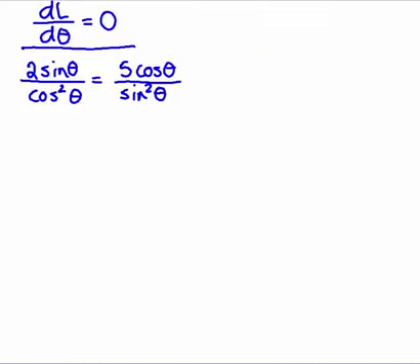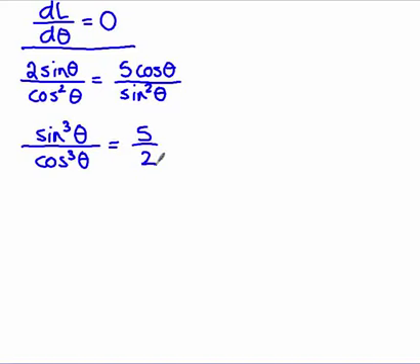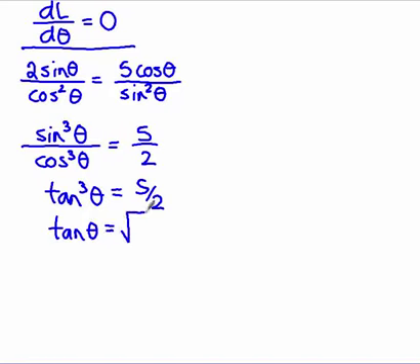And if I multiply the sine over and the cosine over and bring the 2 to the other side, I'm going to get in the numerator of this equation sine theta cubed. The denominator of this equation is cosine theta cubed. And on the other side, I'm going to be left with just 5 halves. Sine theta over cos theta, of course, is tan theta. So this is tan theta cubed equals 5 halves, which gives me that tangent of theta is the cube root